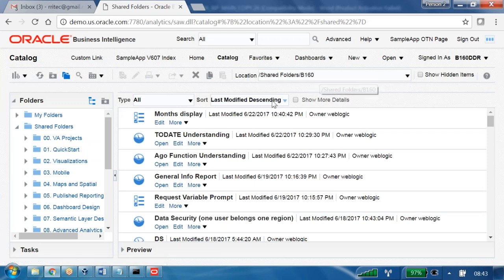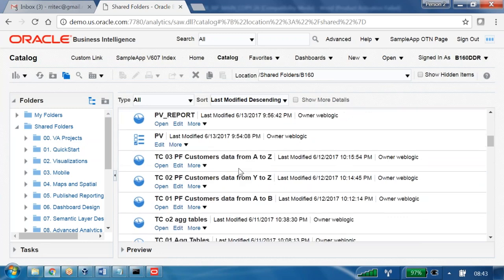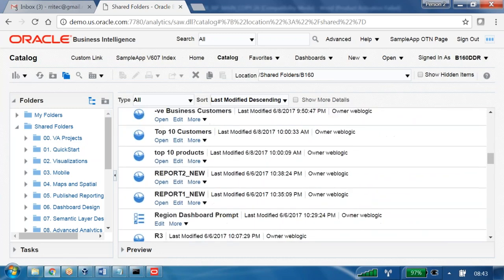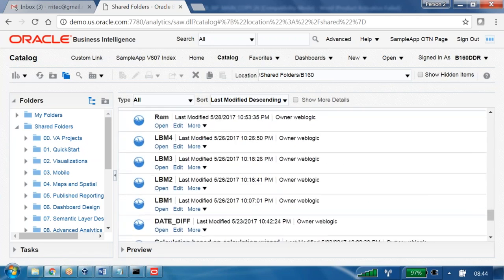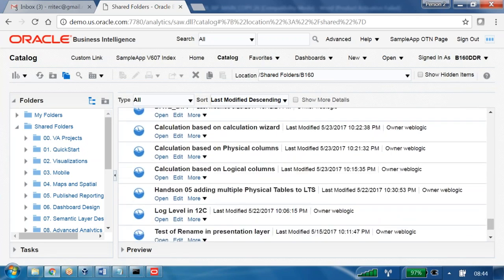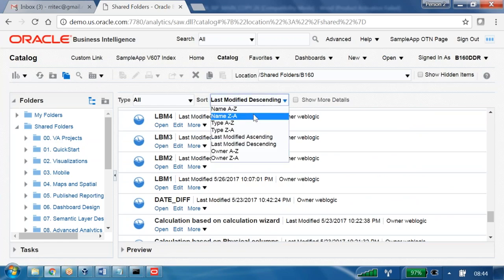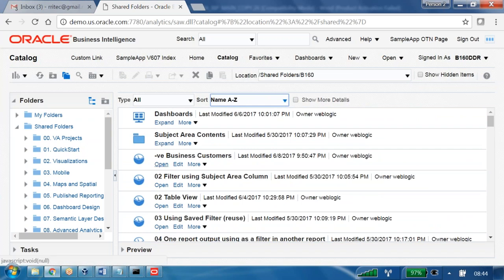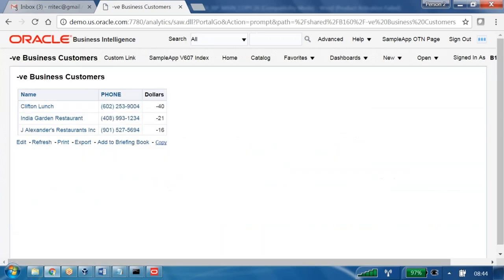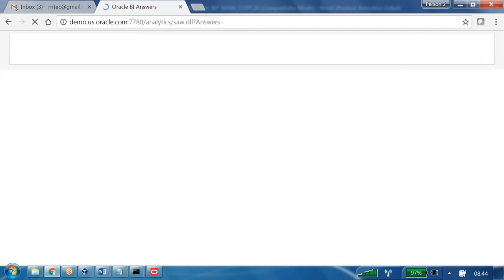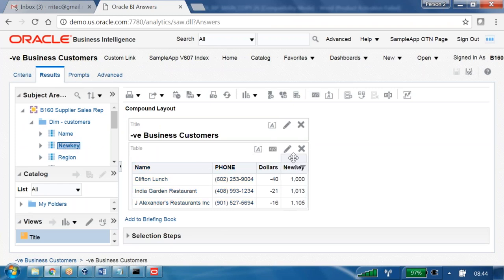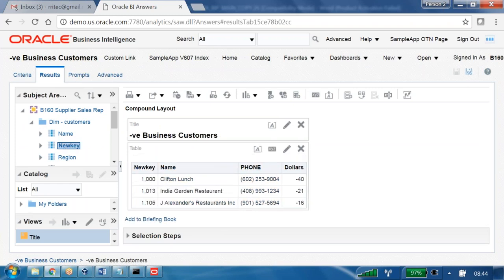That report is called native business customers. Now I am trying to open this one. I am able to open. I am trying to edit this one. I am able to go to the edit window. Then I am trying to add one column. Let's say a new key column I added here. This is a new key column. Then I am trying to